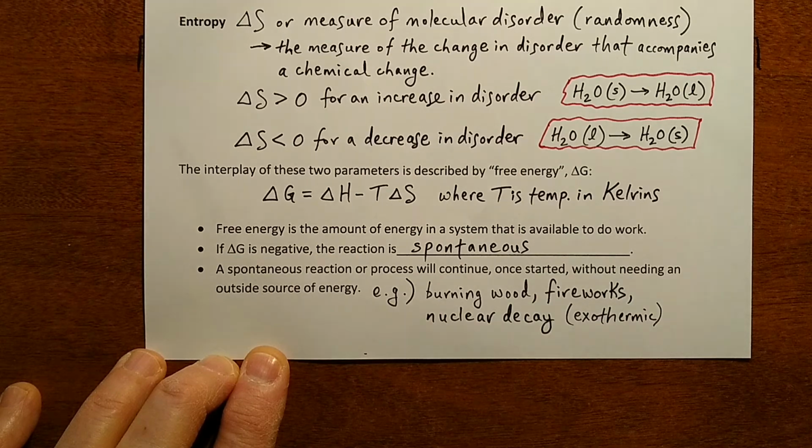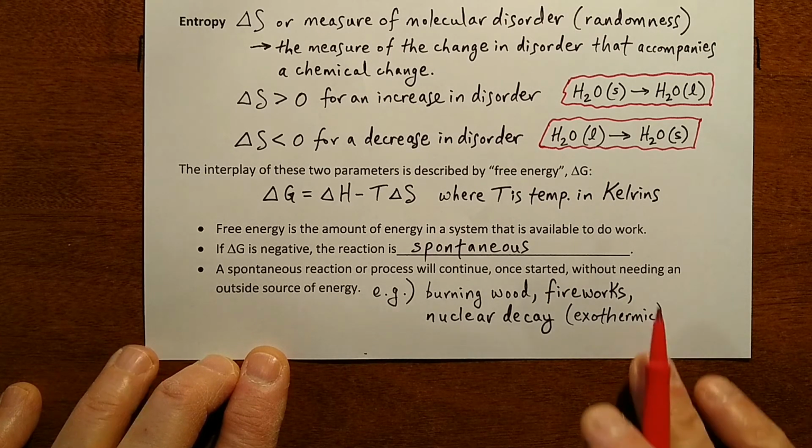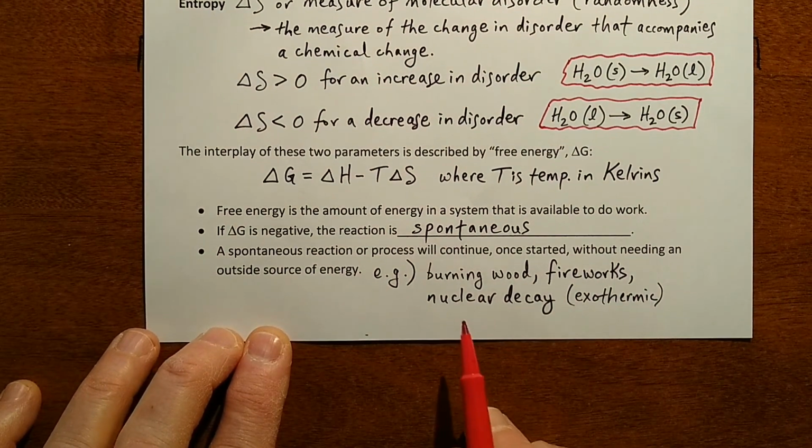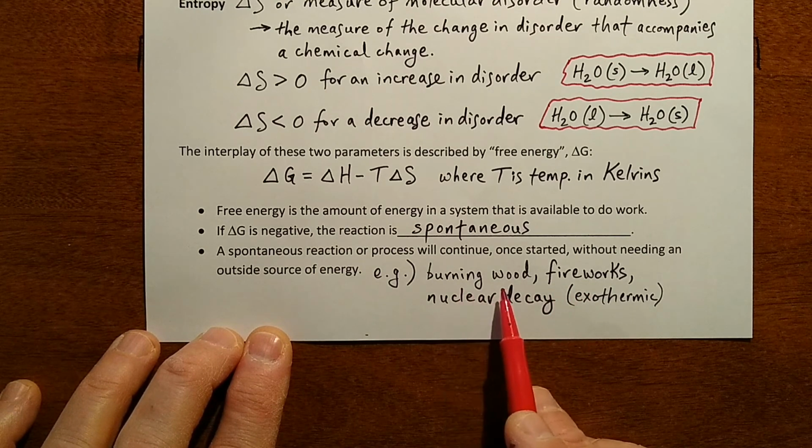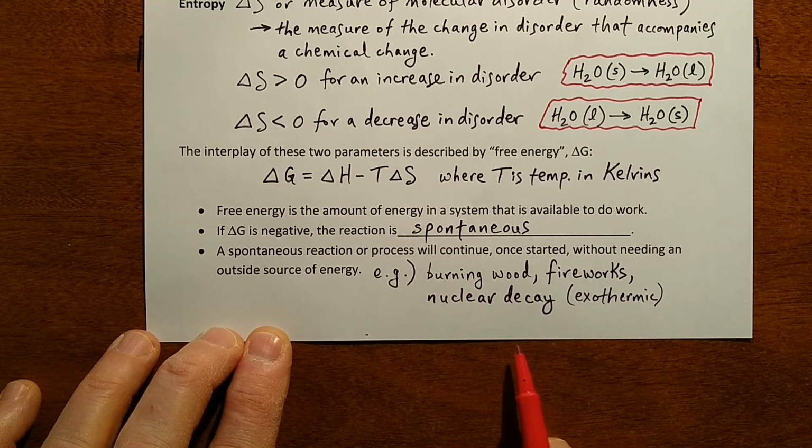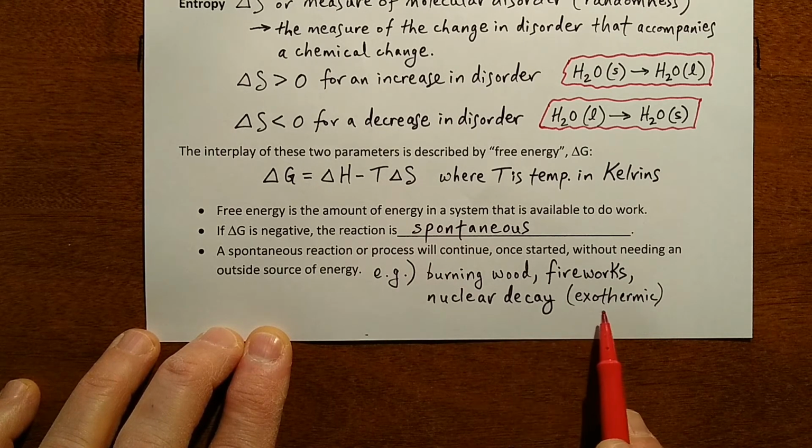Well, free energy can be looked at the same way. If the free energy of the reactants is higher than the free energy of the products, then you have what's called a spontaneous process. The word spontaneous means that process or reaction will naturally occur once you kickstart it. Once you give it enough activation energy, it will just keep going until one of the reactants runs out. Some examples of spontaneous processes or reactions are burning wood, fireworks, nuclear decay, like the decay of uranium fuel in